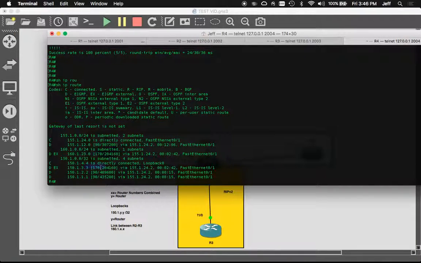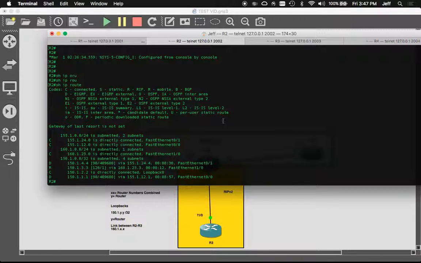So looking at this, 170 pops out like a big, huge, hey, I'm an EIGRP external route, right? And how we know that, we see the EX for EIGRP external, but we also know that it's an administrative distance of 170. So that's the thing that you need to remember for the test. Like 90 spits out as EIGRP. When you see a RIP route, you should see 120. You should already know that's a RIP route. If you see a route for 110, you should know that's